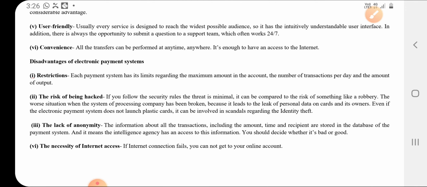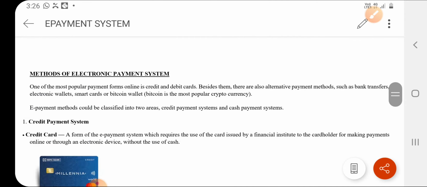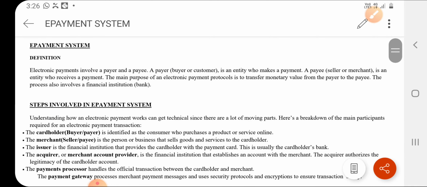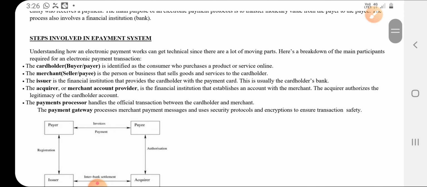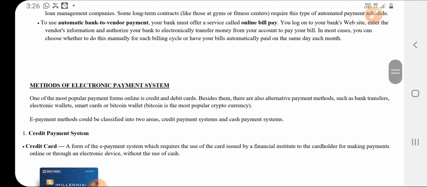Okay, so this is very easy to understand. Hope you will understand this topic very easily. So e-payment, do you understand now? I am sending it a little late today. You go through it nicely. Next week I will ask you questions. Go through it, listen and write your notes neatly.